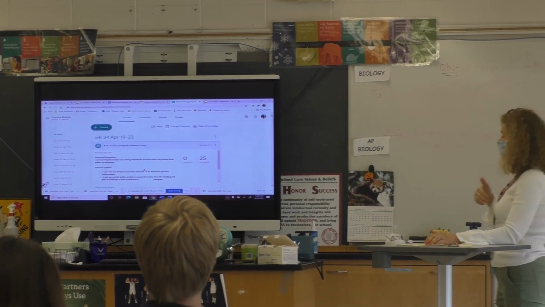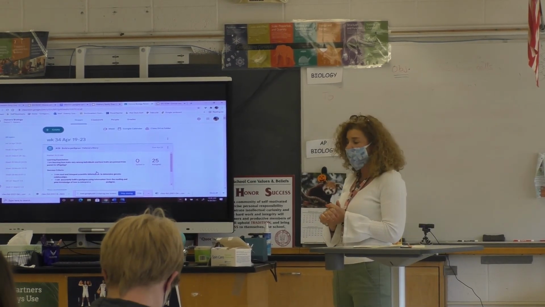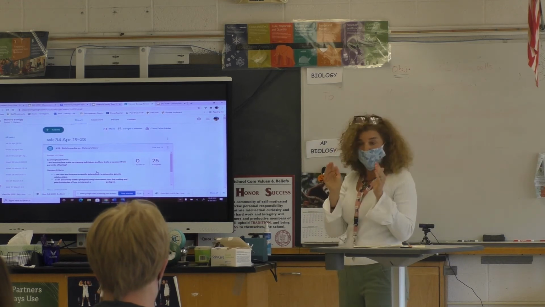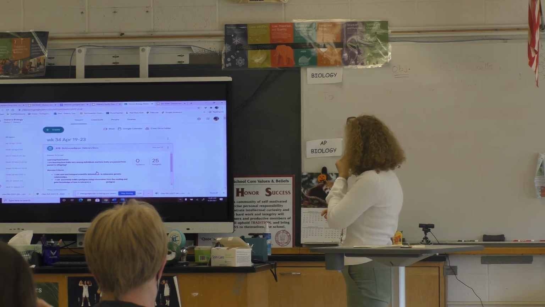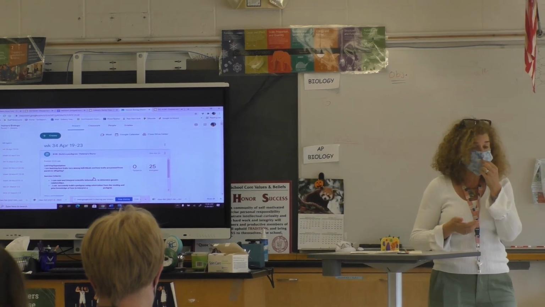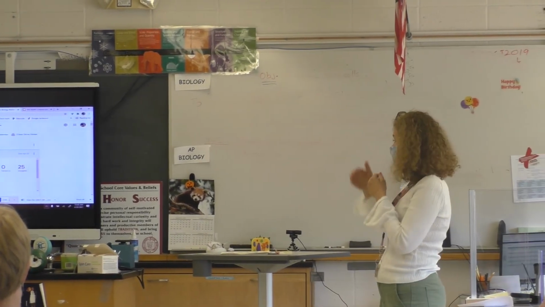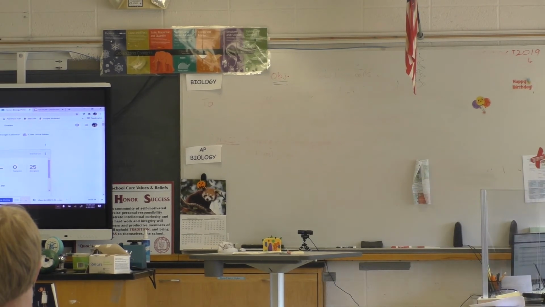So at the end of this assignment, you should be able to read and interpret scientific information to determine genetic relationships from what you're going to be reading. And you'll also be able to build a pedigree now, because we haven't done that yet. And you're going to be able to use your prior knowledge from the pedigree in order to build a pedigree to show those correct relationships and to follow a trait in the family. Okay? So let's go to